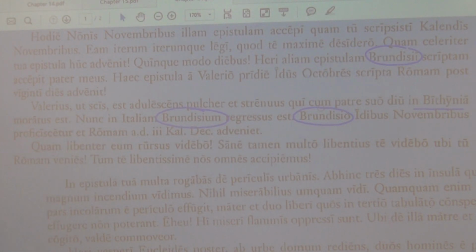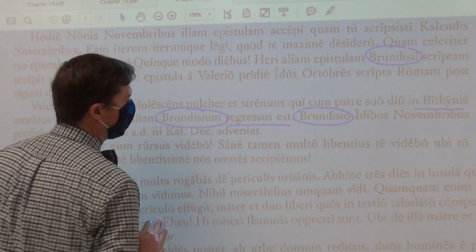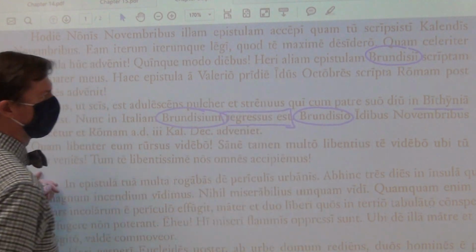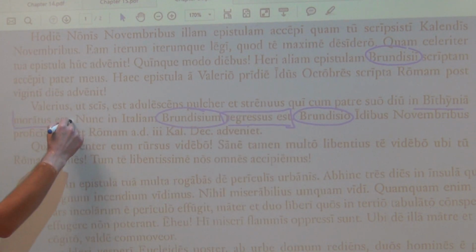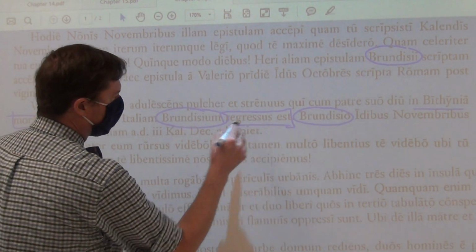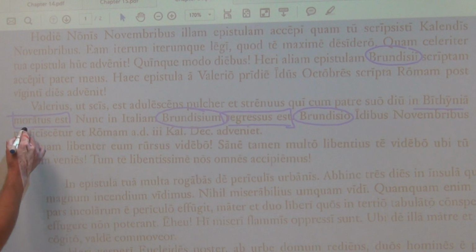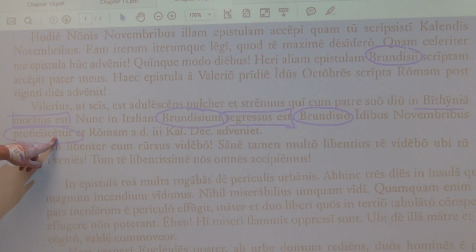So now, he has gone back. Again, another deponent verb. Remember, they look passive but translate actively. Into Italy, to Brundisium. Proficiscetur, another deponent verb. Again, deponent verbs look passive, translate actively. And this is a third conjugation. So what does long E mean in a third conjugation? Future. He, not "will be verbed," but he will set out